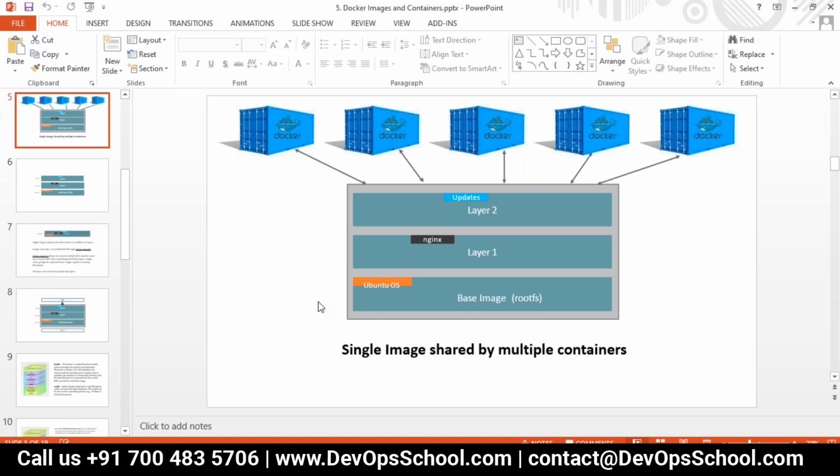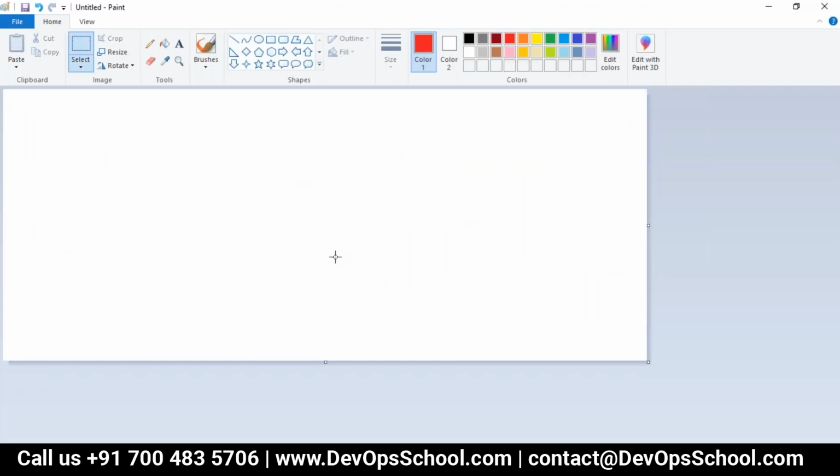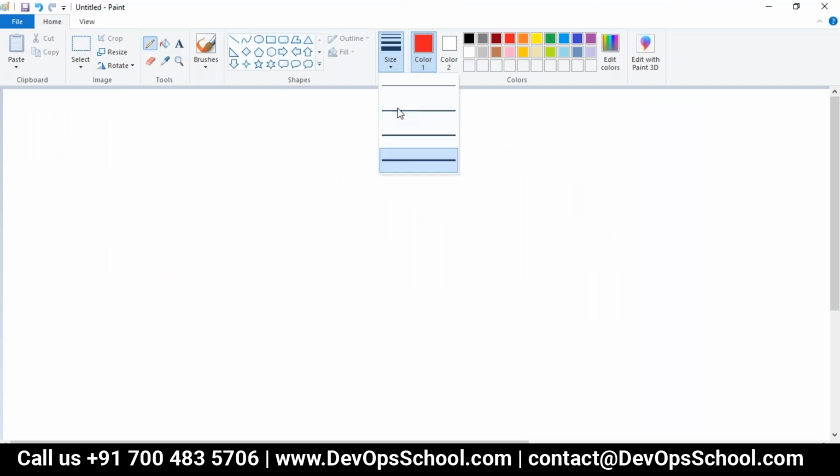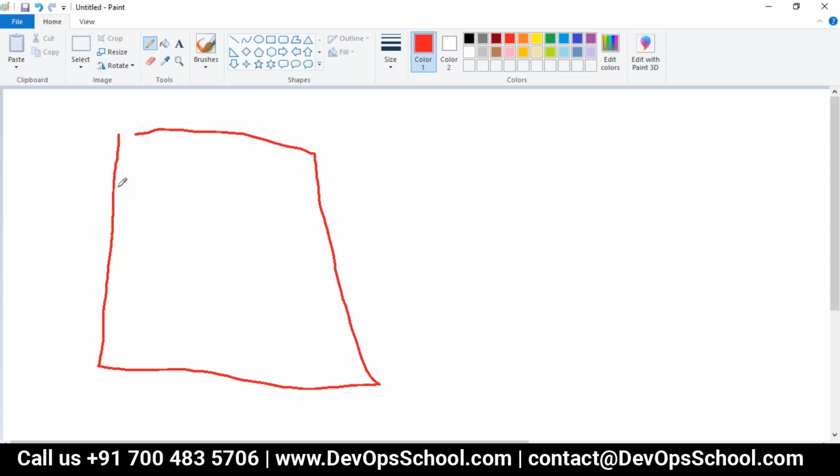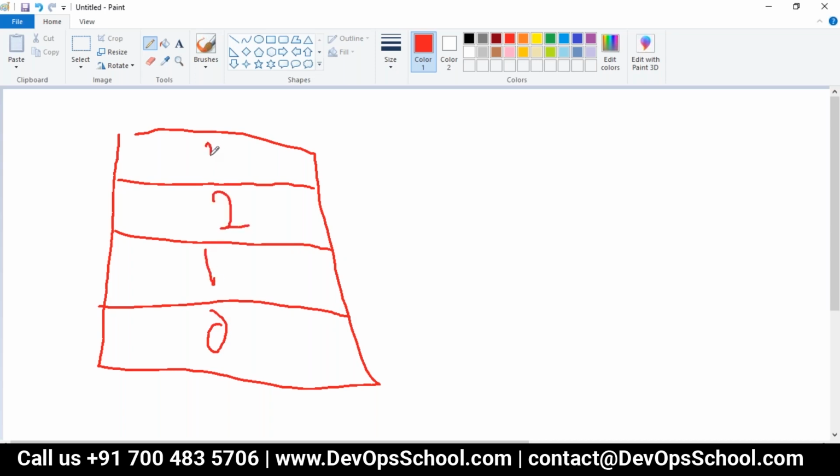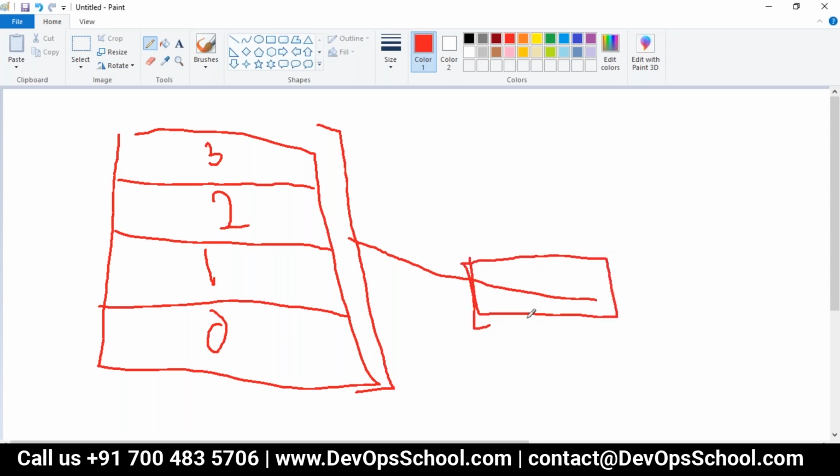Okay. Shared means what? Let me put it in the right definition. Let's understand this image. Here you have 4 layers. Image means read only, remember. These 4 layers, 0, 1, 2, 3, have certain changes for the applications. When you create a container, these layers get merged together and create one writable layer.